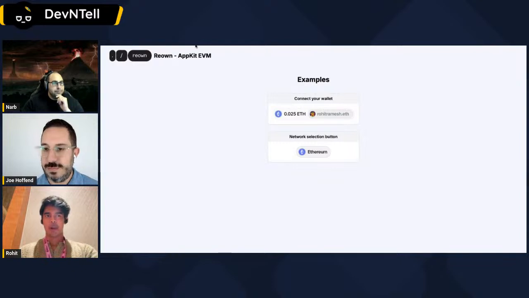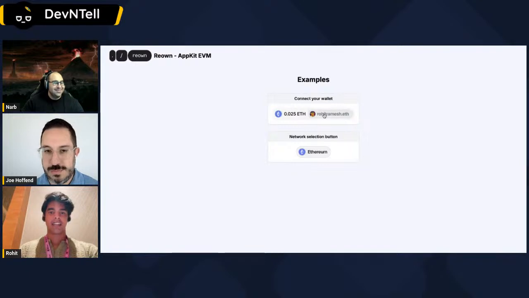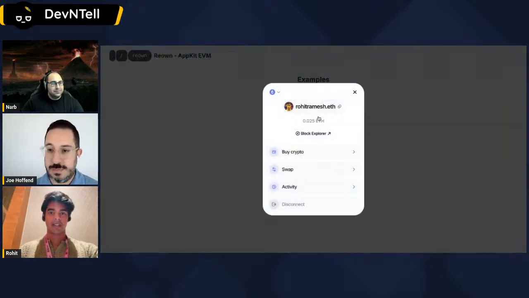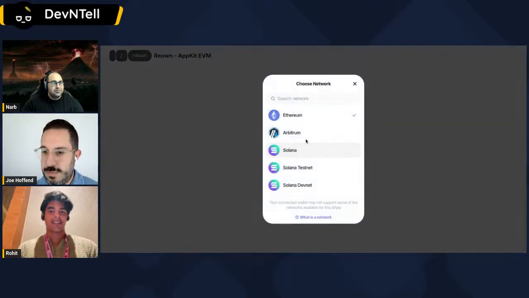So again, this is a very simple next step, and it took me less than 10 minutes to set it up. And you could see that my wallet is already connected. It shows me my balance, and then you click on it, it shows my profile. And it also shows the functionalities that Joe was talking about that makes the user experience much better, like swap and activity, and you could on-ramp crypto all from within an app without ever having to leave it. And not just that, the surprise is it's multi-chain.